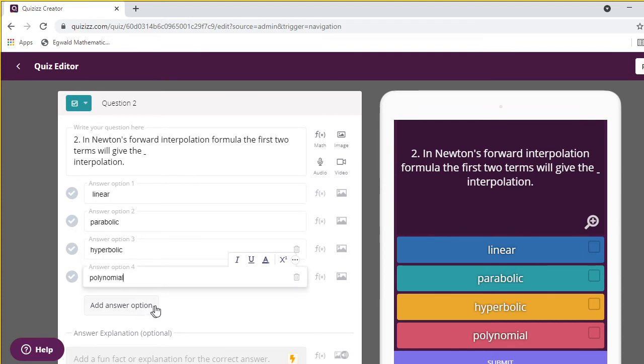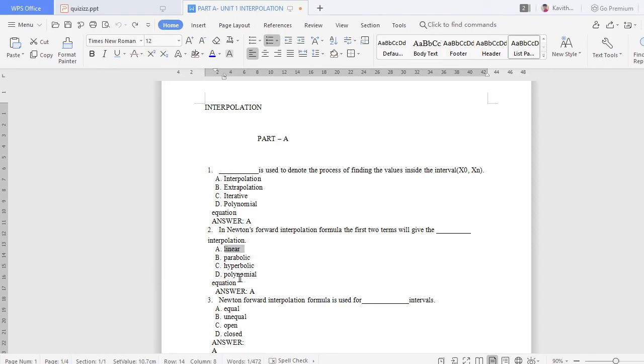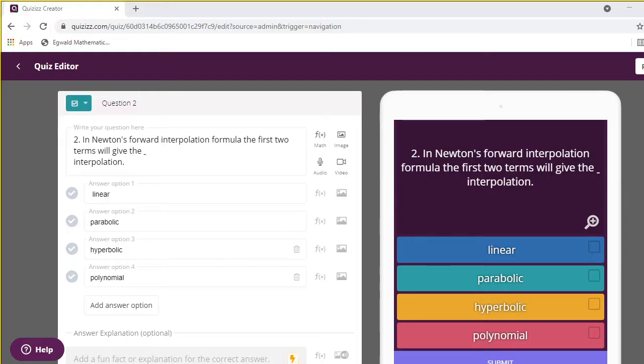I am able to type here. Okay, so 4 options are there. Which option is the correct option, that we need to choose, right? So answer A is the correct option. So you choose the correct option, and now